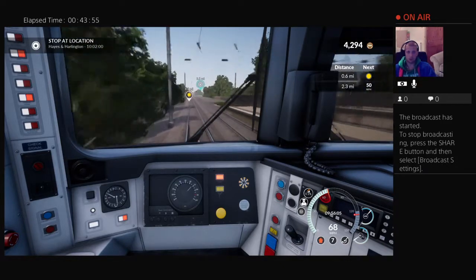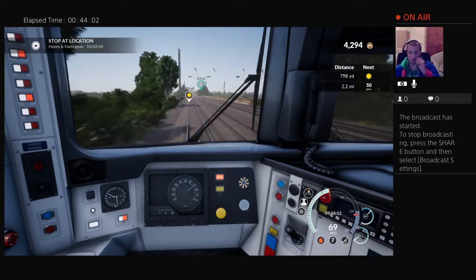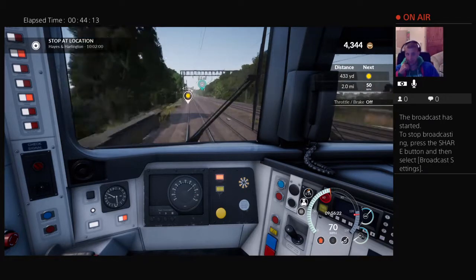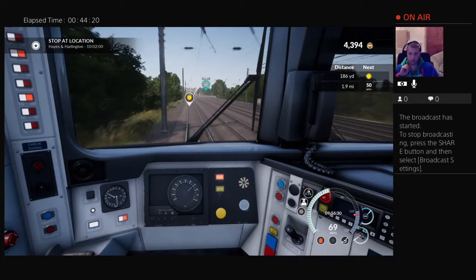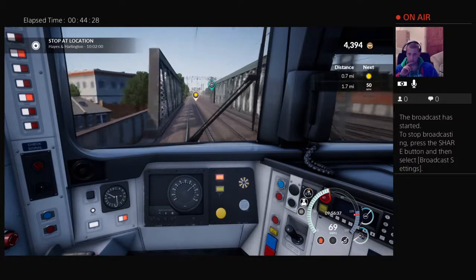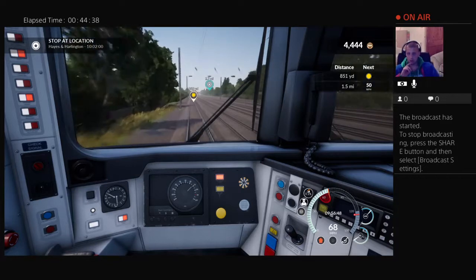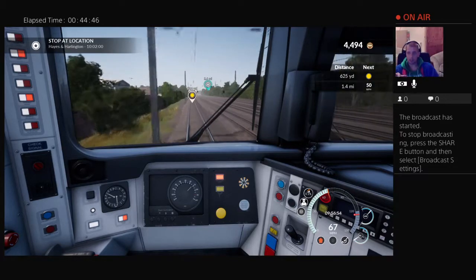Right, in 2.4 miles, I'm going to have to drop down to 50. So I will be doing that. What I might do is coast. Just idle for a bit. Now that's just before my stop as well. If anybody recognises any of this sort of stuff,